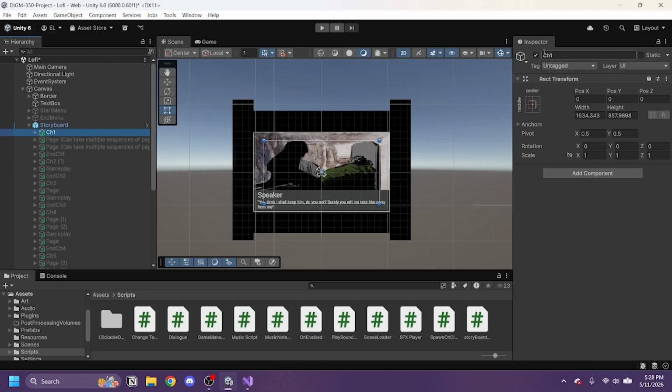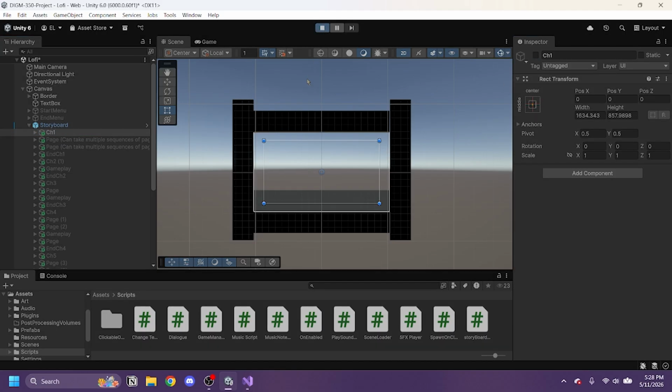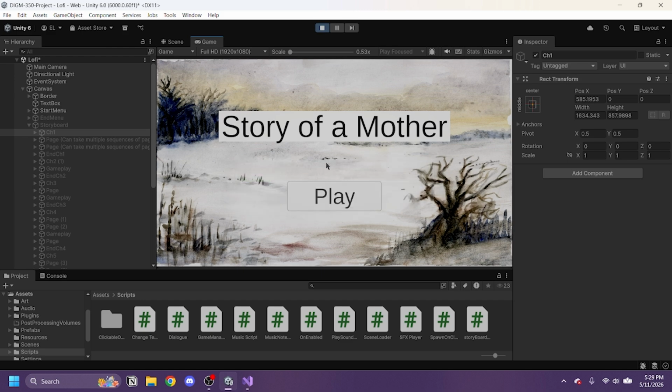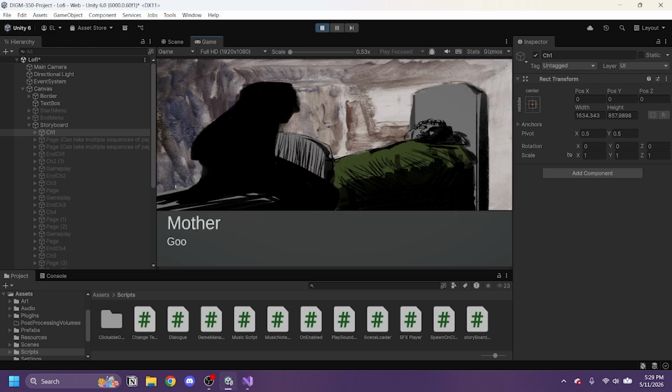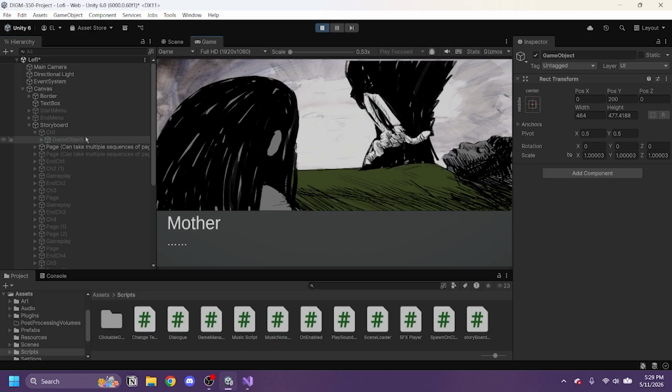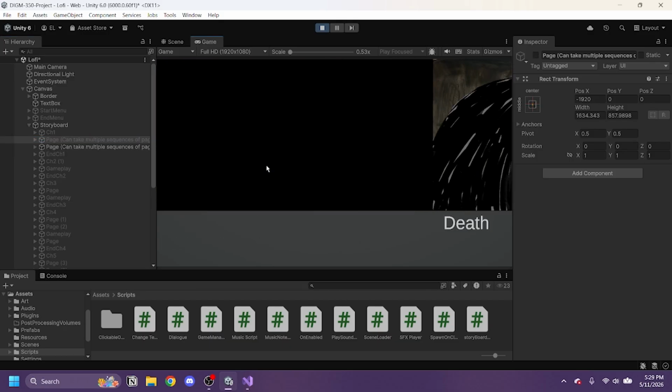So this is what it's going to look like when we play the game. Greeted with the title screen, click play. Here it sets all the children to false, and it sets the very first one to true and all of its contents. So now when we click, it'll disable the current page, move on to the next one, set all of its contents to true, and as we progress the dialogue, it'll go to the next